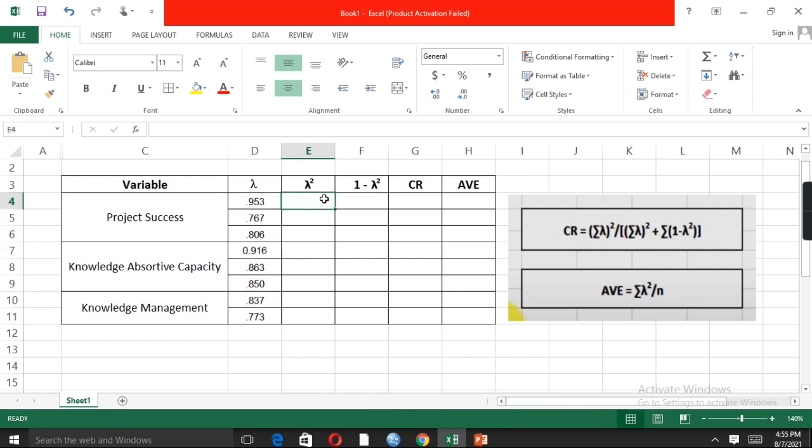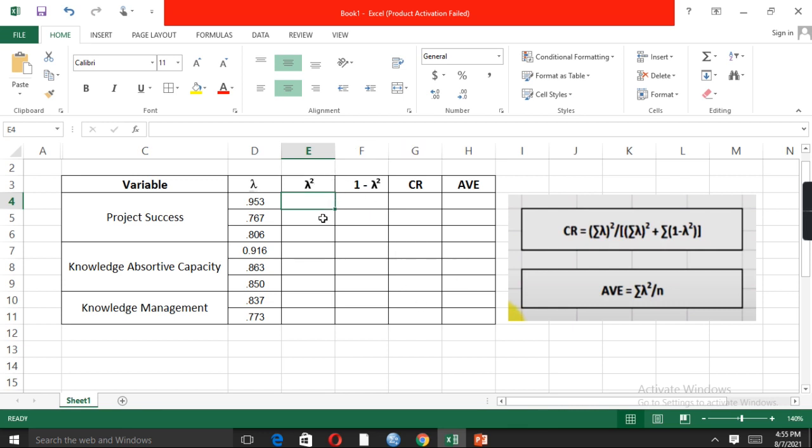So we just copy the items' outer loading values of all these three variables, and then we need to fulfill the requirement of the formula in order to measure composite reliability. So first of all, we need the requirement of lambda square.